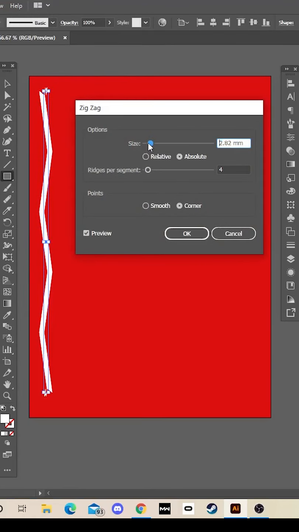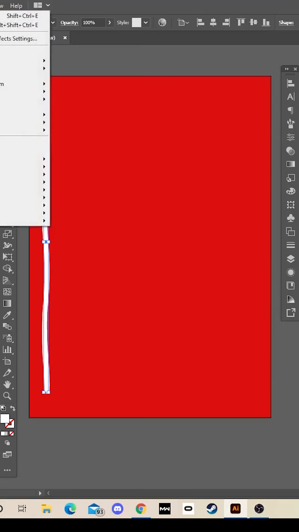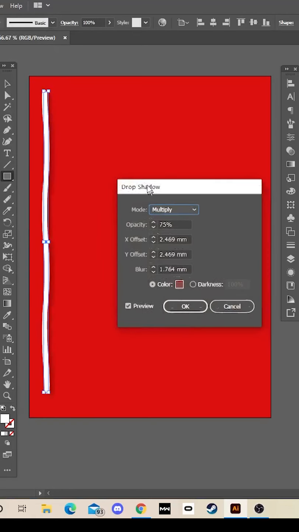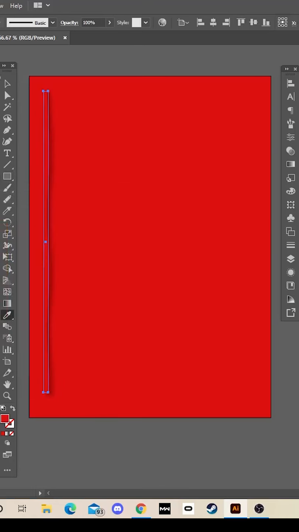then from there I'm going to change the size to 1mm, just like that, and then I'm going to make sure smooth is ticked, leave that as it is, then click OK. Then once I've done that, I'm going to give it a drop shadow, so click Effect, Stylize, Drop Shadow, and then the color wants to be a slightly darker red than what you're using, and then